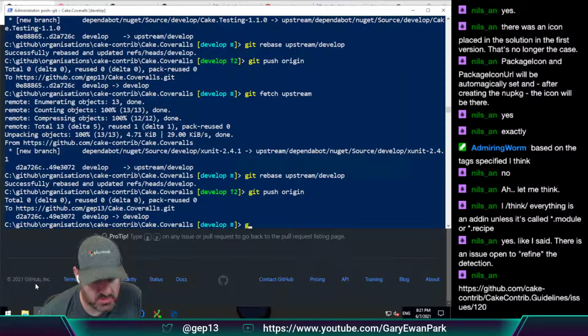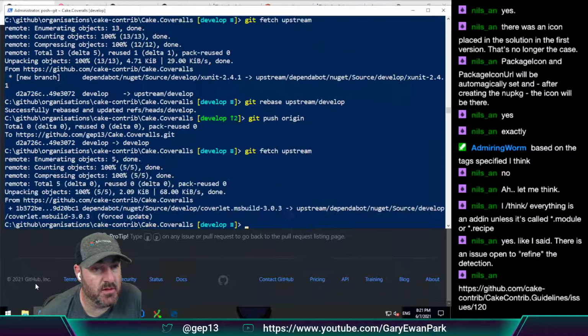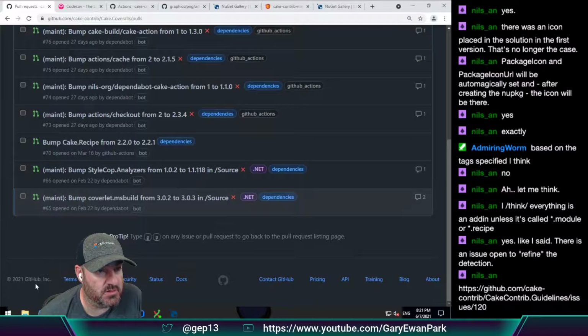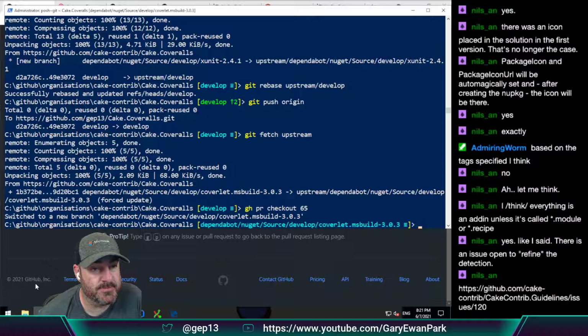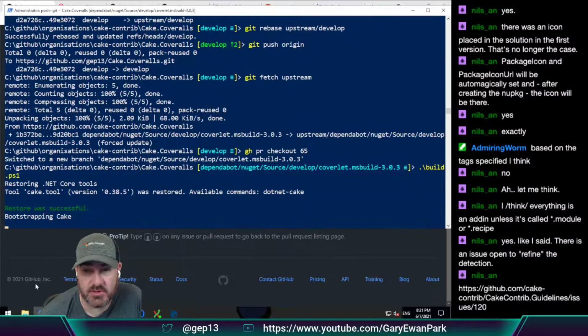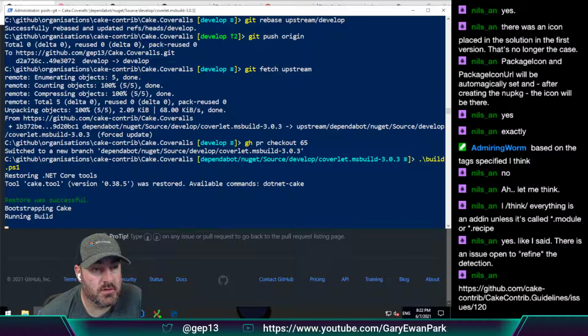So if we do git fetch upstream, GHPR checkout 65, is that what I said? Yes, it was. We build that locally just to make sure it succeeds, and then if it does, I'll merge that PR. The aim of tonight